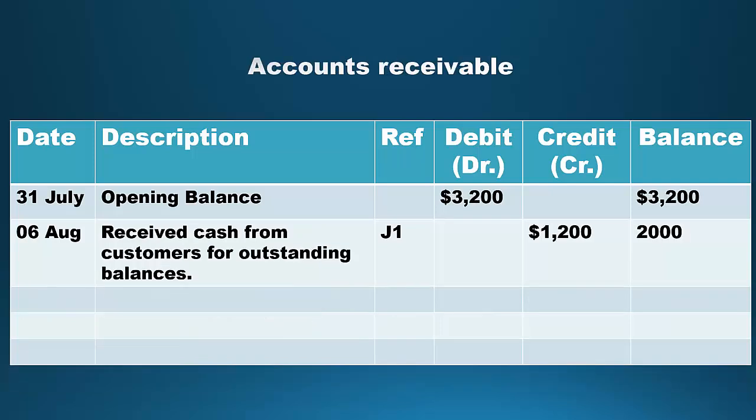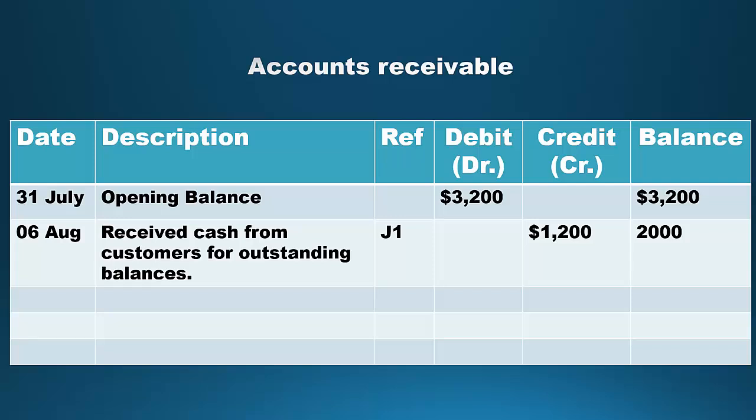Accounts receivable ledger. 1. Date, write the date, August 6. The date ensures we can trace back when the transaction happened. 2. Narrative. Add the narrative, received cash from customers for outstanding balances. The narrative here is the same as in the cash ledger, reflecting the same transaction, but from the perspective of